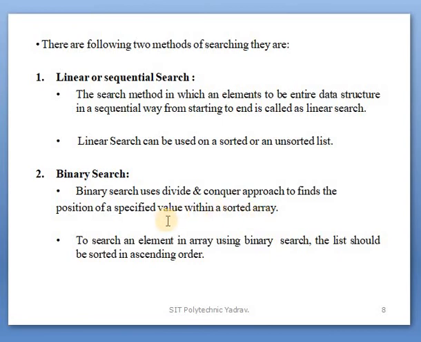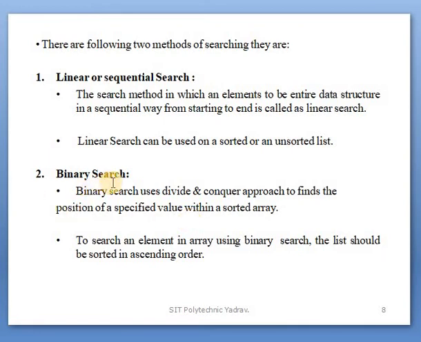It means that in this technique, the element is found when we provide a sorted array, and the divide and conquer approach is used to find the element. In a sorted array, the array is divided into two parts, a first part and a second part, and we search for the element in the first or the second part. That technique is known as binary search.